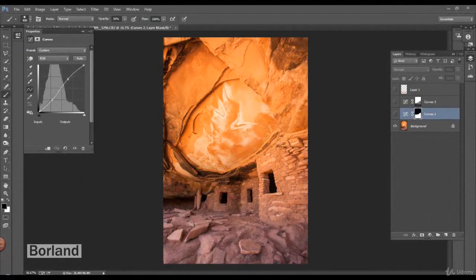So I next opened the image in Photoshop. And if you're a Photoshop, Lightroom, Bridge user, you know for sure that there are a million ways to process images. And I'm just showing you one way. You might know a better way, you probably do, but this is how I like my workflow to go. And I could have done all this in Adobe Camera Raw, sometimes I do, but this time I wanted some adjustment layers and some color correction in separate layers, and that's what I'm going to show you how to do